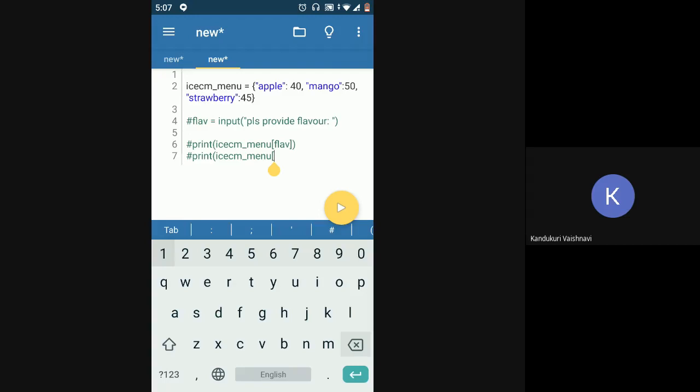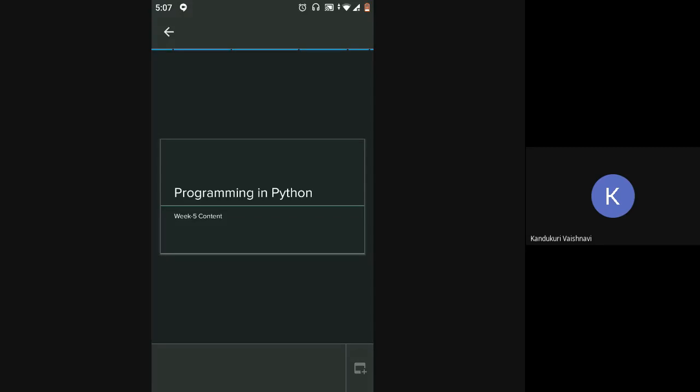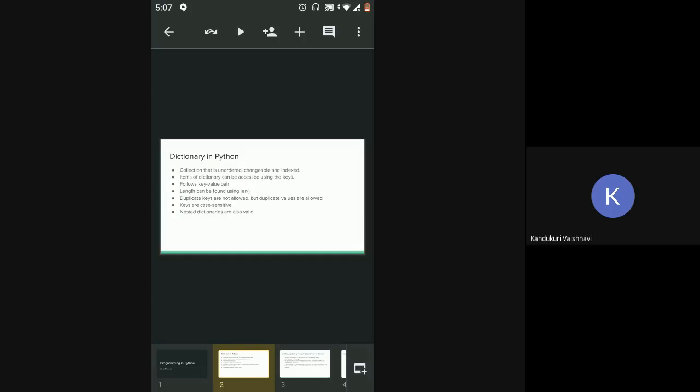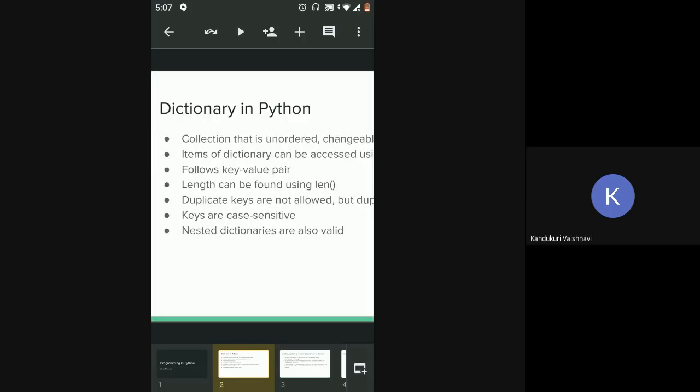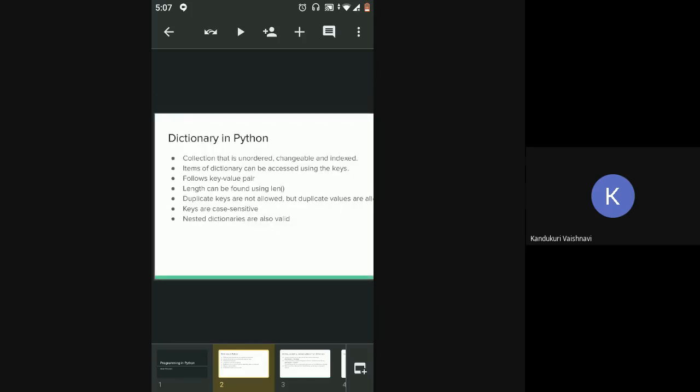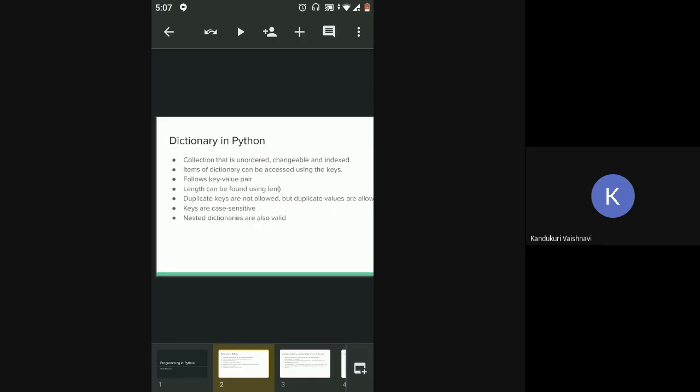Okay, so let's go to the PPT once and see some of the characteristics of a dictionary. Then we can use some operations of a dictionary. This is a collection. Even lists and tuples are collections because you have multiple values in one variable.